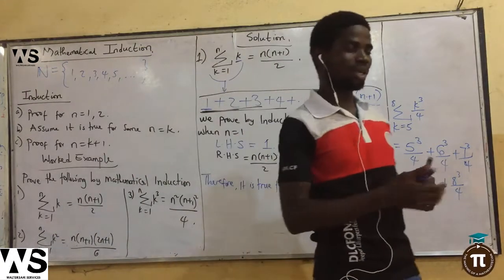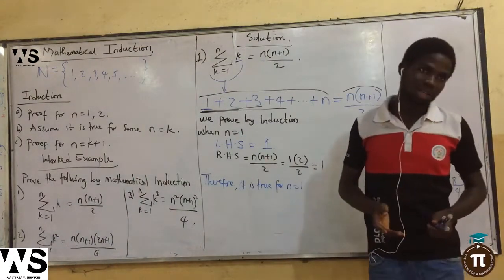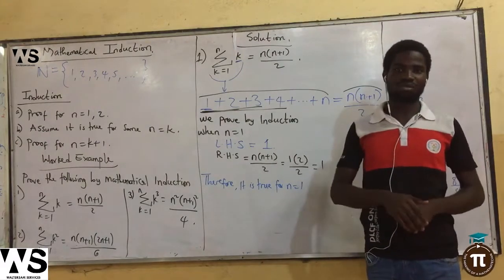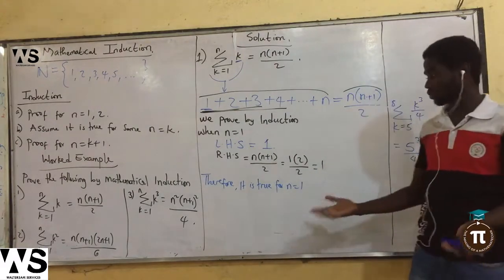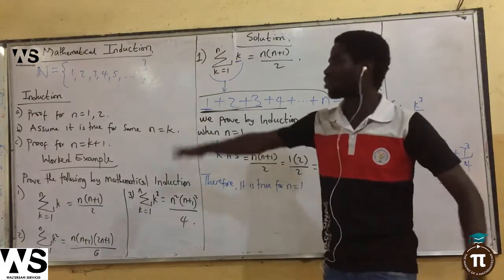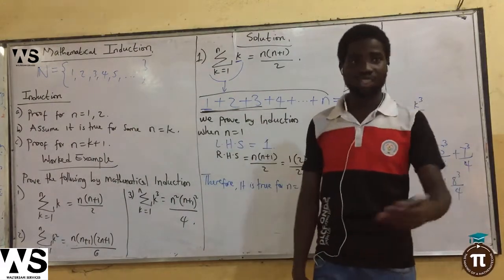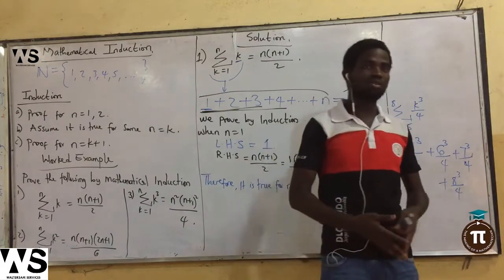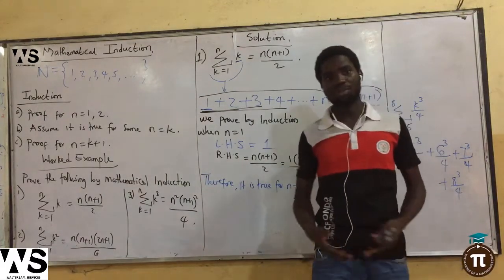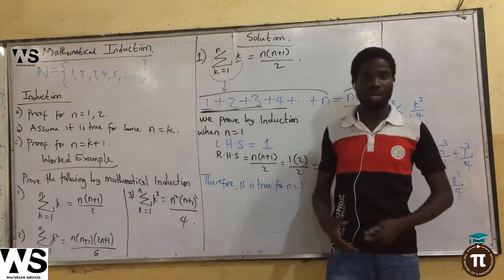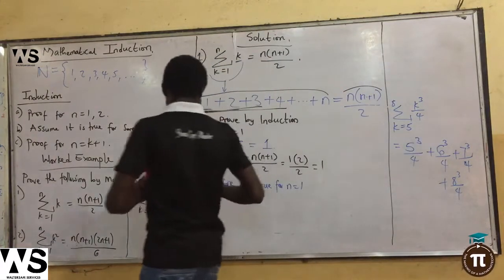Basically, in advanced level, I don't need to show it for n equal 2. It's okay. Once I show it is true for n equal 1, I'm done with this A. But I will show you 2, because you are just learning. Some of you might know it before, but it's okay to show 2 for now. You understand? So when n is 2,